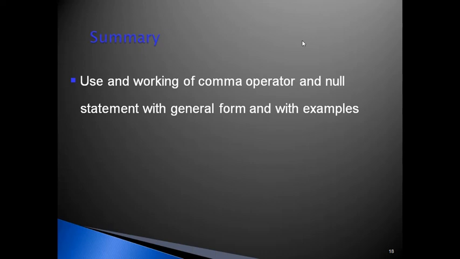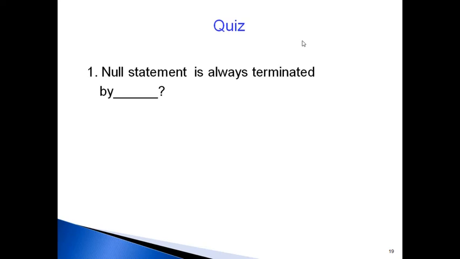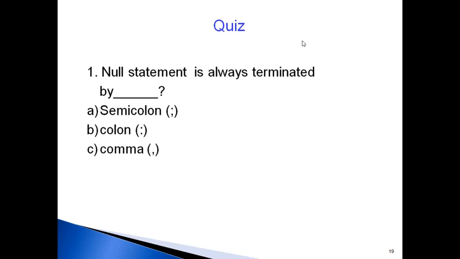Up to now we discussed what a comma operator and a null statement are, with their syntaxes, and we practiced some examples on the comma operator. Now we'll see some questions on this topic. The first question: a null statement is always terminated by what? A, semicolon; B, colon; C, comma.